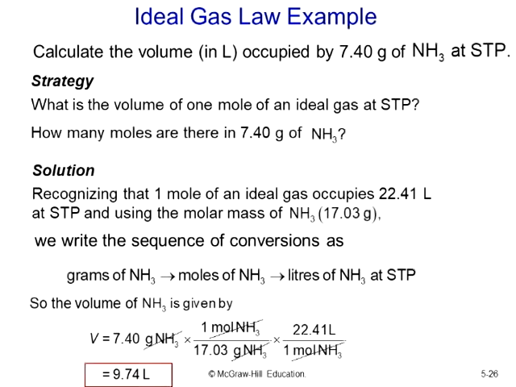Now recall I said you treat this as two problems. The first problem was simply to recognize that 1 mole equals 22.4 liters. That was your very first problem. So be aware of that. You note that, you write it down, or you do the conversions. But in most Gen Chem classes, you're allowed to simply state that at STP, by rule, by law, as we do with laws in math, 1 mole equals 22.4 liters of any gas. So that was your first problem. And your second problem was to simply use that as a conversion factor to get to the 9.74 liters.